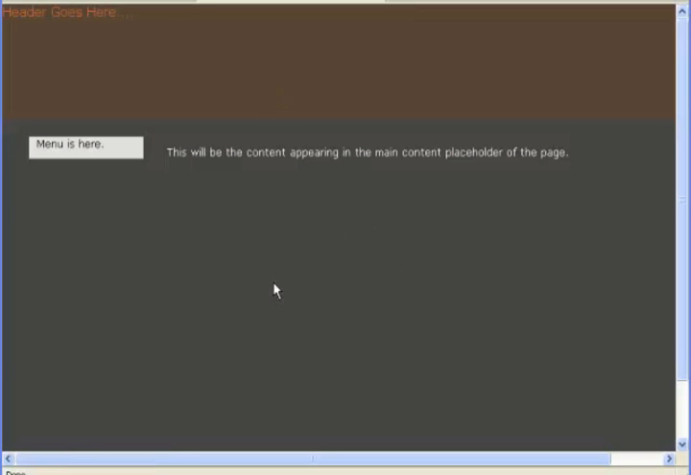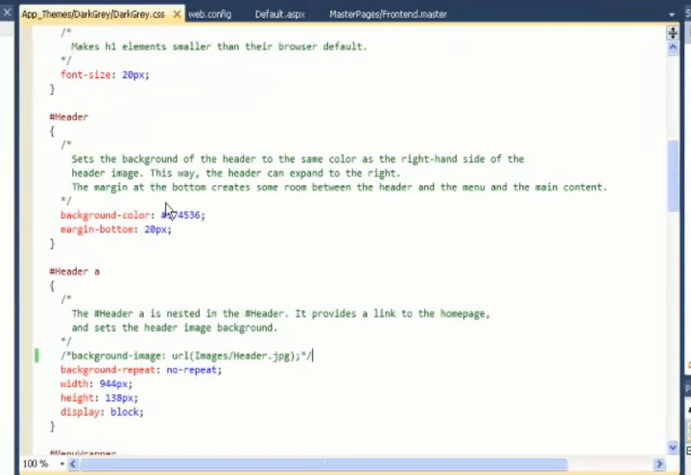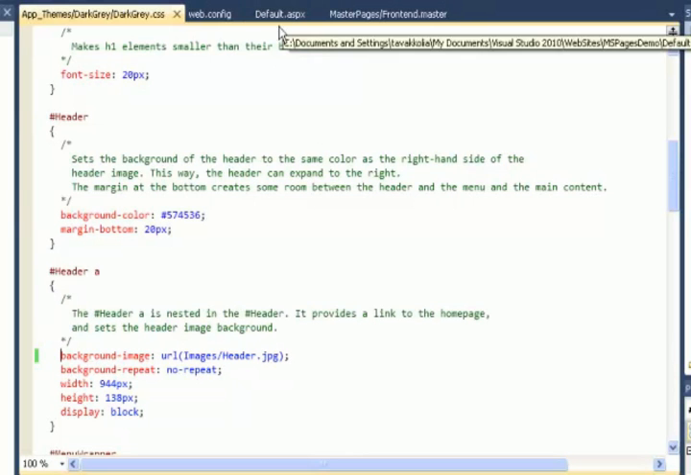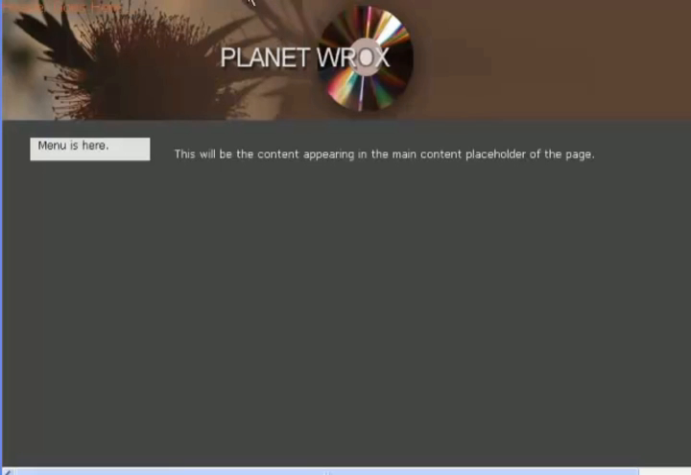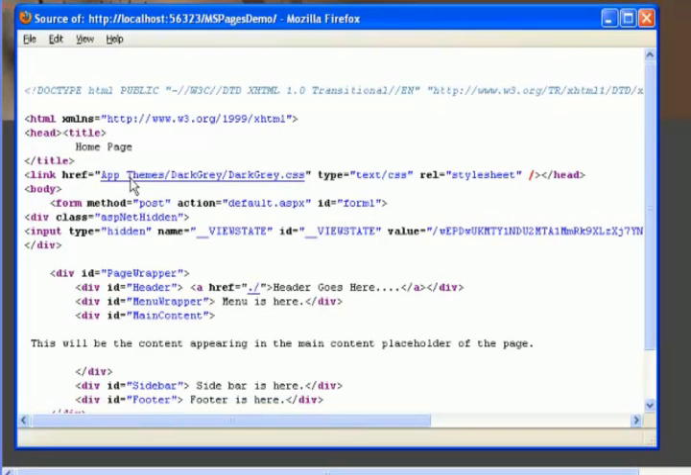Okay, so let's go back and add the header background image back in, and let's run the website one more time. So here's basically the application of the theme. Now if you go and look at the page's source code, you will see that although we didn't specifically include the style sheet darkgray.css, when we applied the themes at runtime, ASP.NET Server would look at this darkgray.css style sheet file